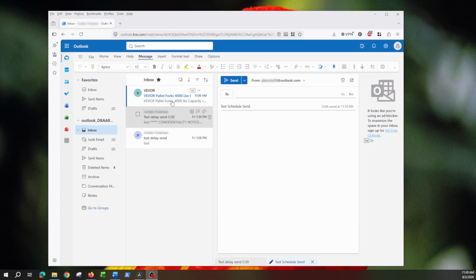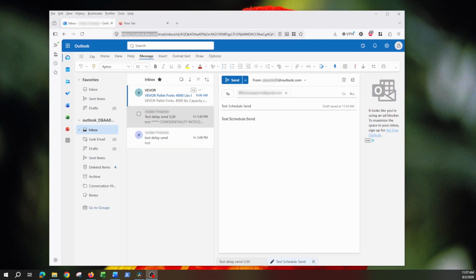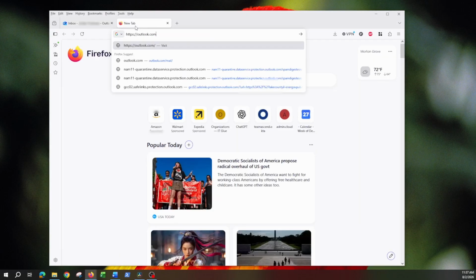Let's look at using the Schedule Send option in your Outlook mail client. You can schedule the delivery of an individual message by having it held in Outlook for a specified time after you select Send. In the Outlook web app, if you went to Outlook.com,